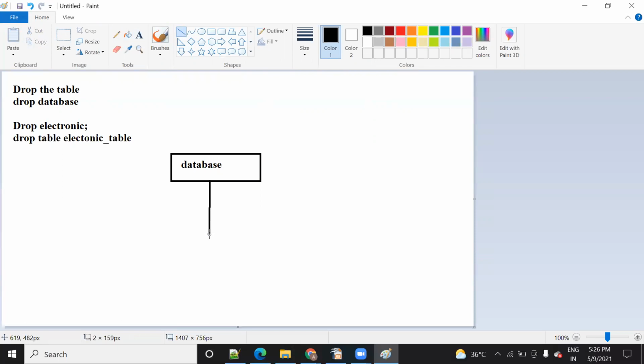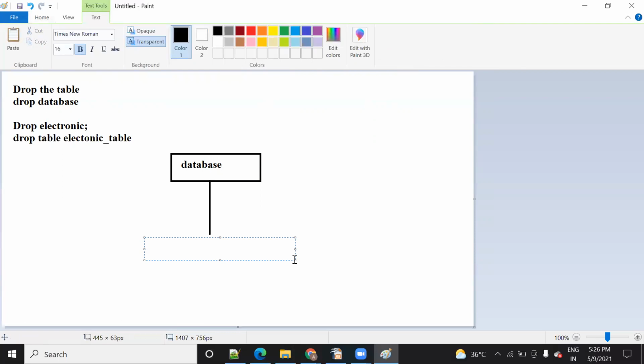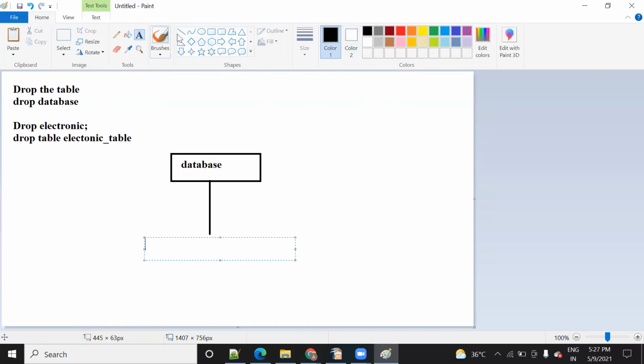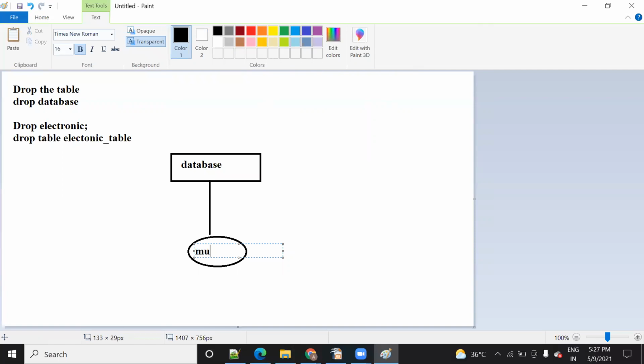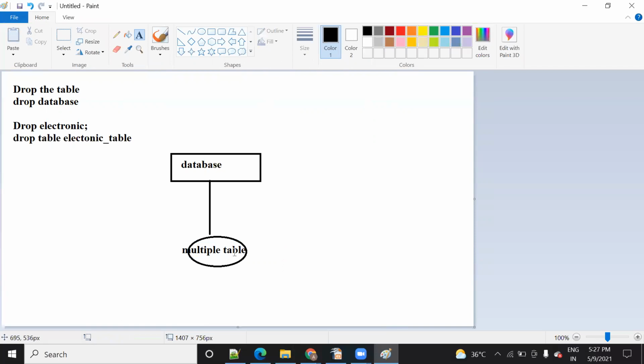Suppose the database is Amazon, then it can have multiple tables like electronics, groceries, stationery, clothing, like that. So multiple tables can exist.